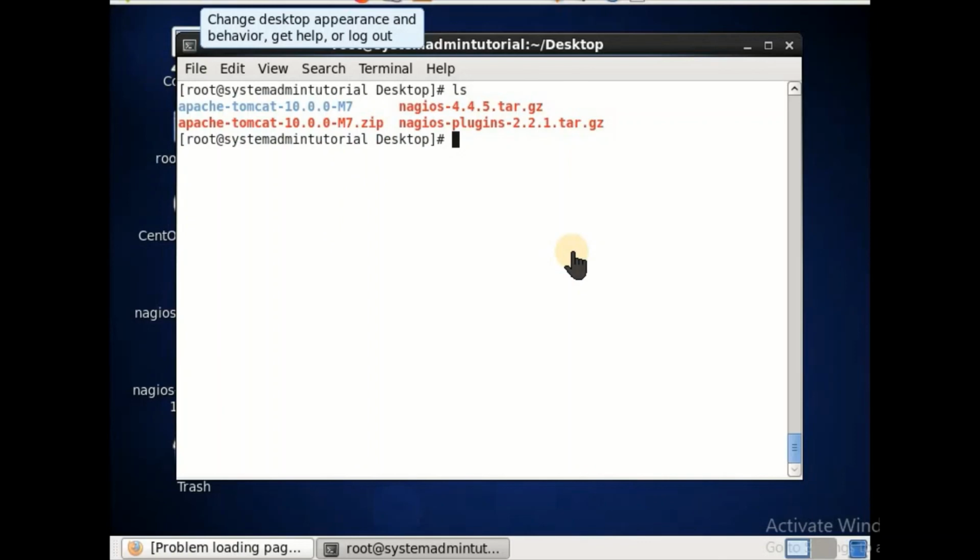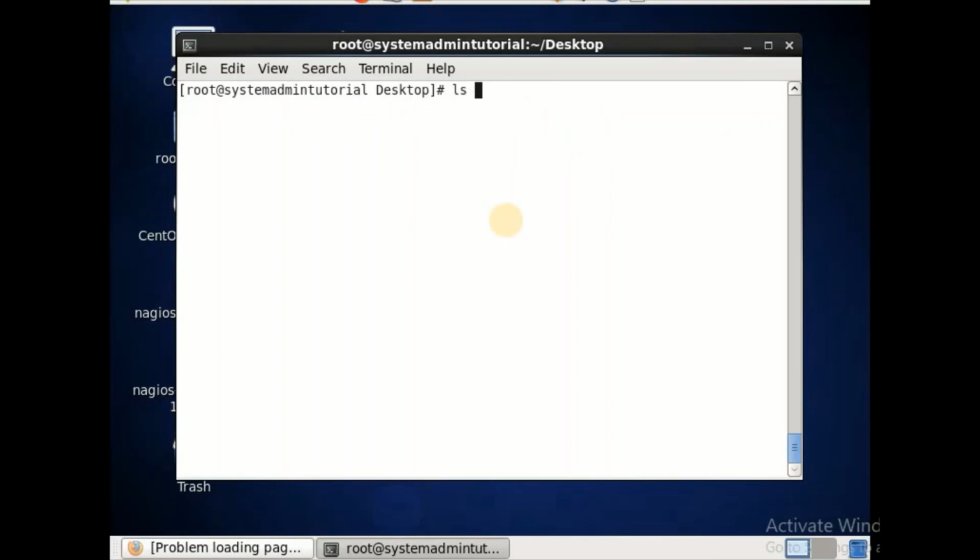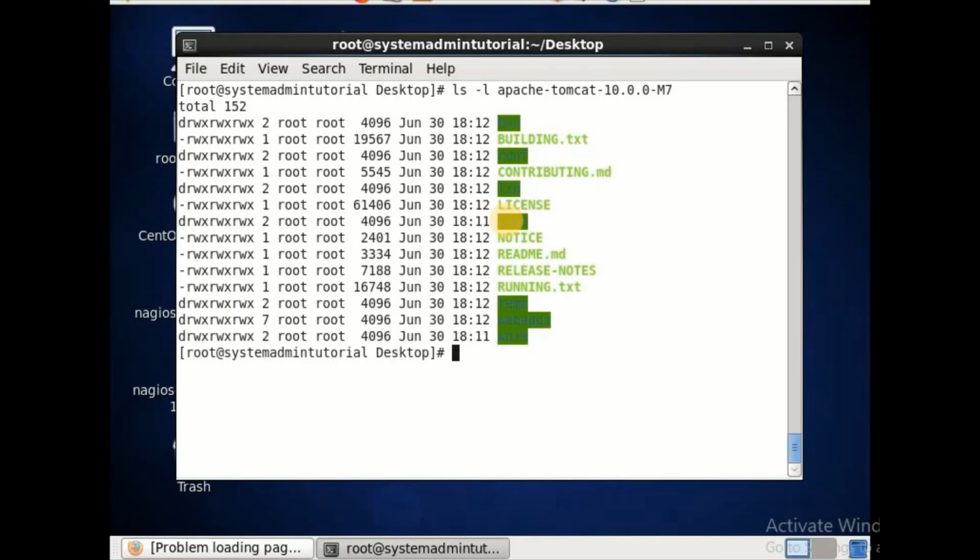Currently I am giving execute permission to the complete folder, full permission, using recursive. After giving the permission, you have to check. You see, the complete execution permission has been assigned to all the paths and folders.